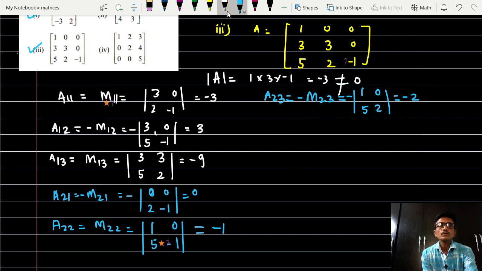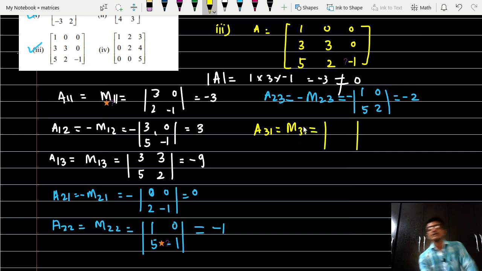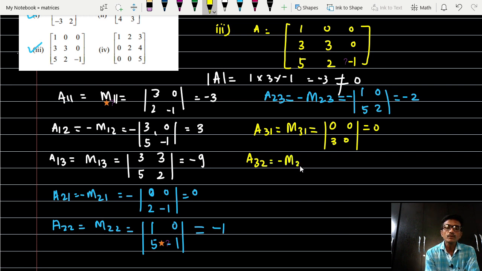A31 is equal to M31, which is the determinant with the third row and first column deleted: 0, 0 and 3, 0. It is 0. Then A32 is minus of M32, which is minus of the value of the determinant with the third row and second column deleted: 1, 3, 0, 0. Its answer will be 0. Then